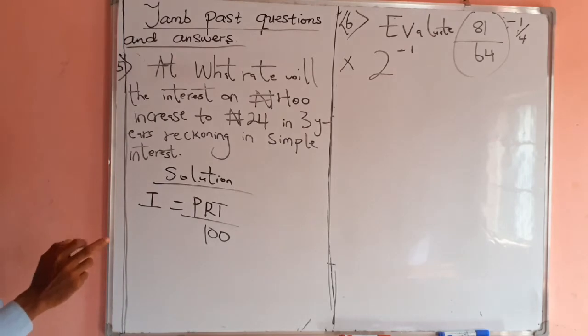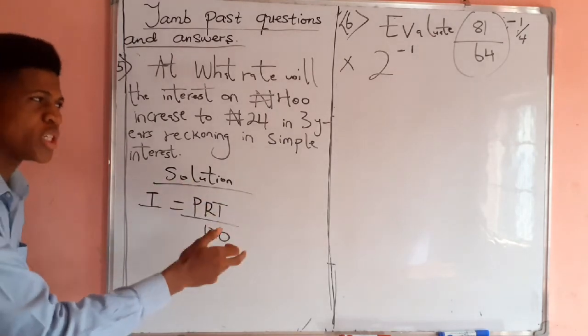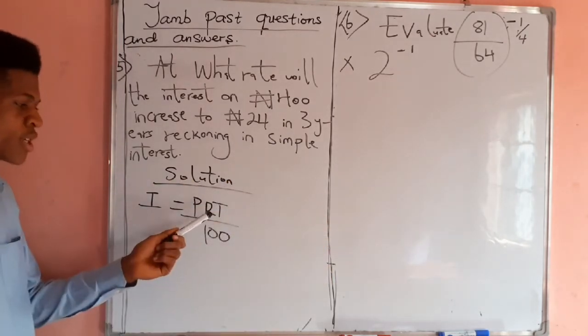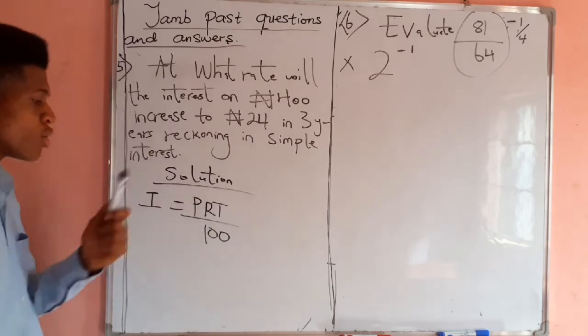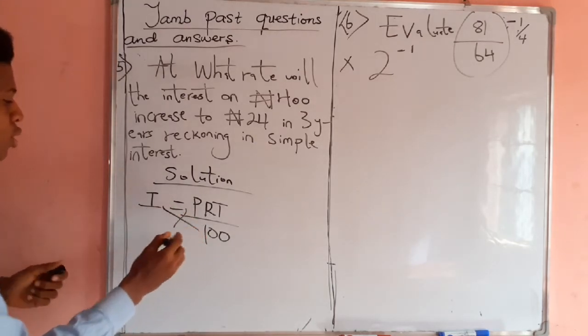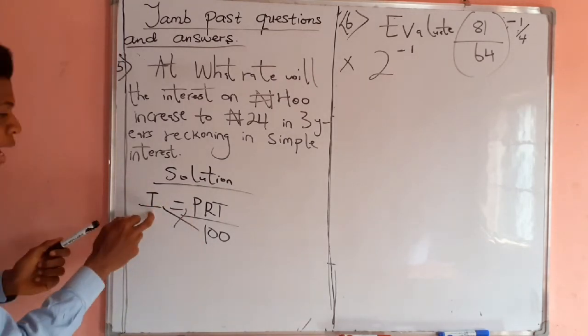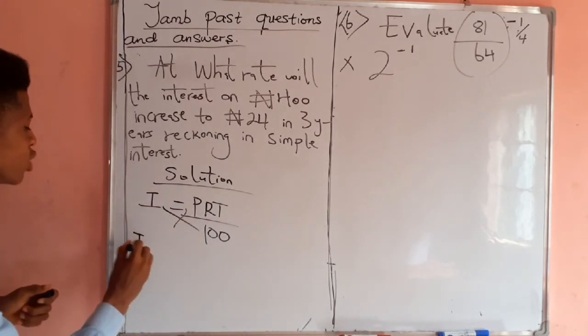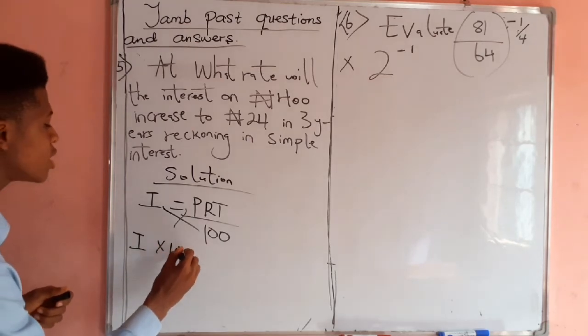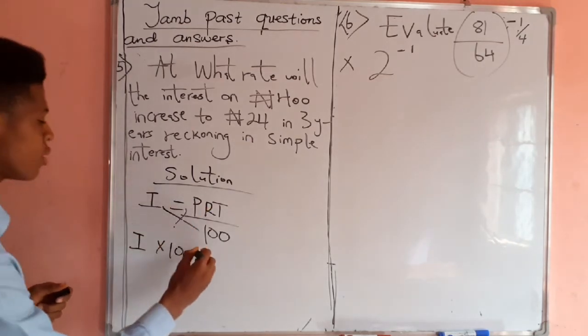We have to make rate the subject of the formula. In order to find this rate, we will cross multiply. If we cross multiply, I times 100 equals